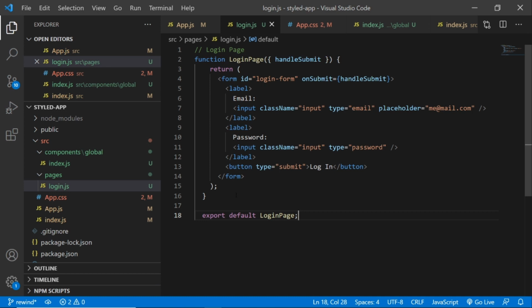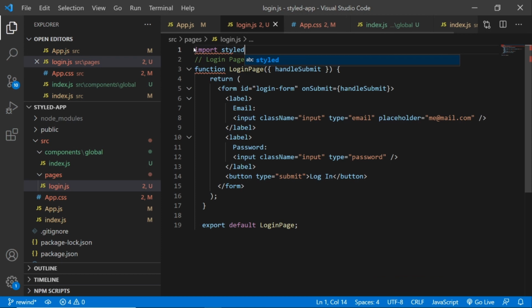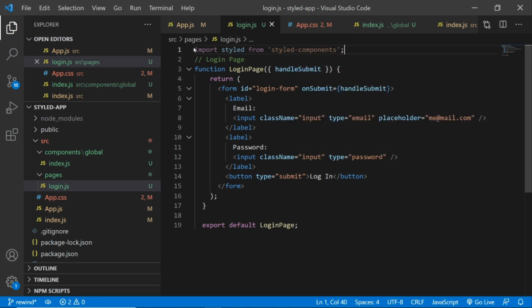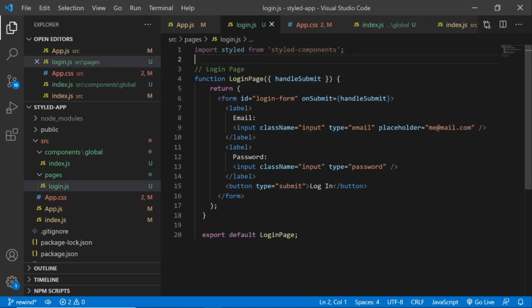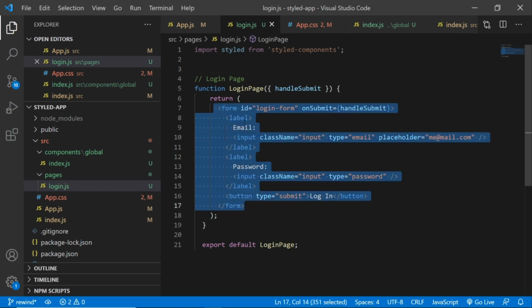Okay, so then at the very top, we need to import styled from styled-components. Remember we used createGlobalStyle before. Now we're using styled to style our application. To create the style, we're going to create the style for